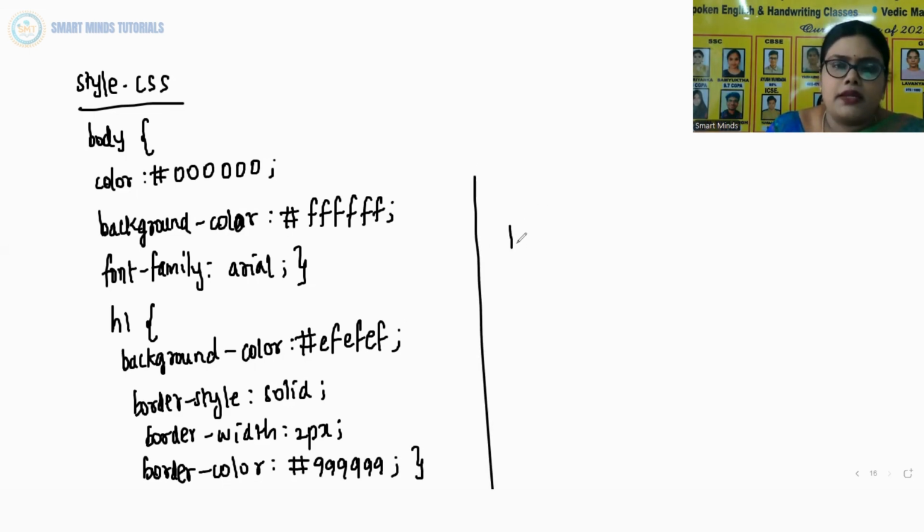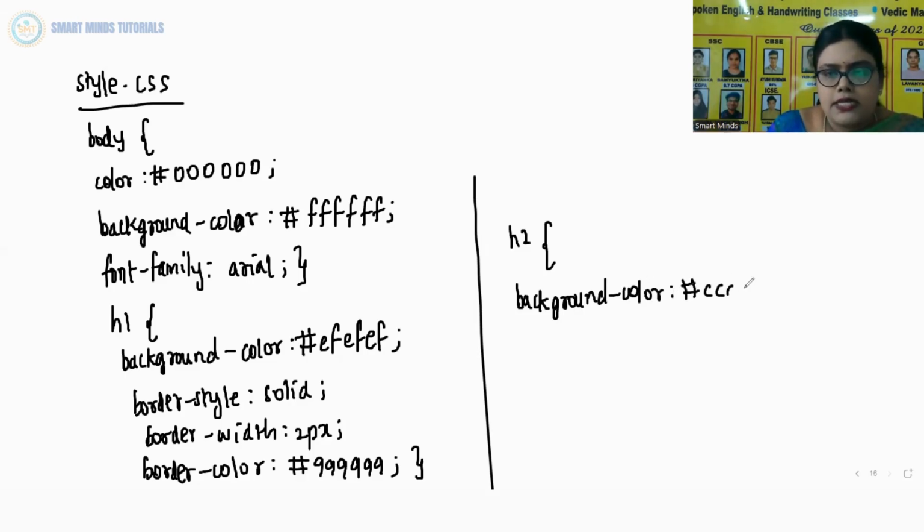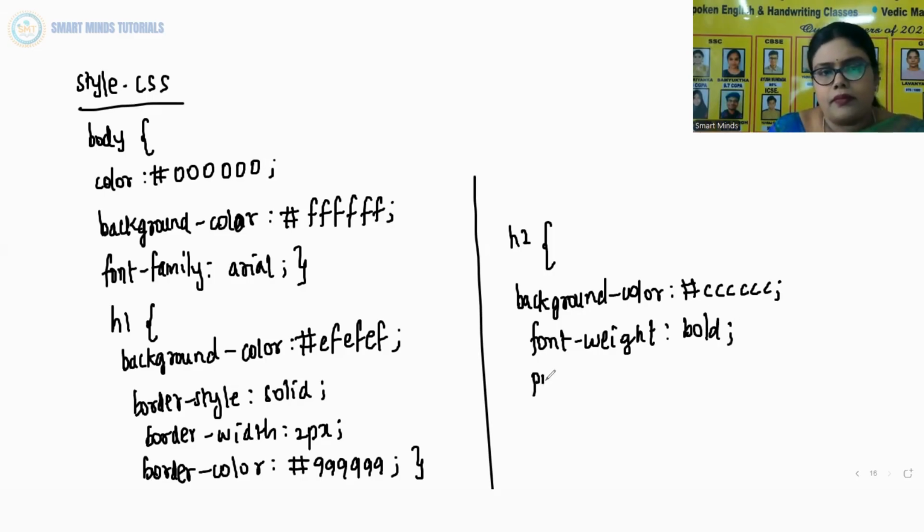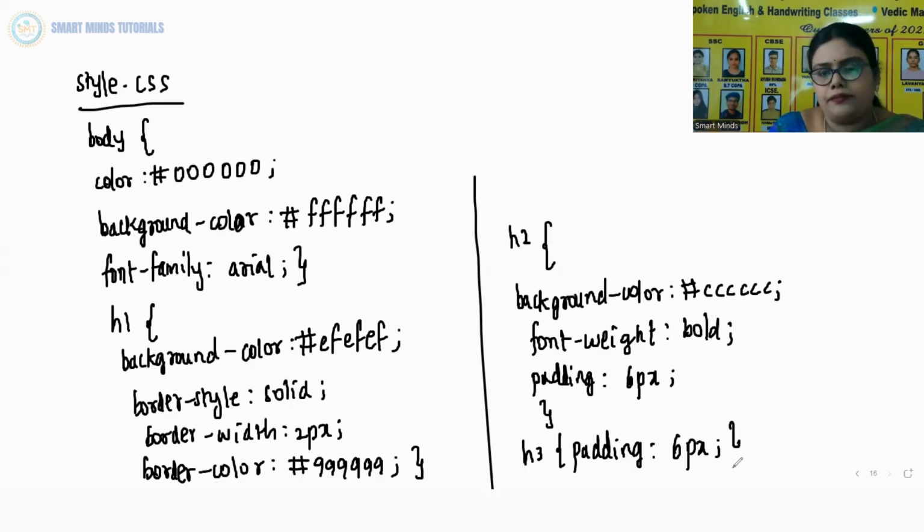Then we take another selector, that is H2. Over here we give background color #CCC. Then font weight bold. Padding 6 pixel. Now another H3 selector. Property is padding. Value is 6 pixel.